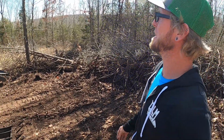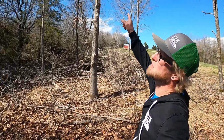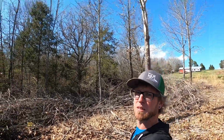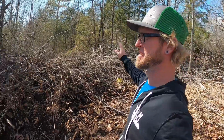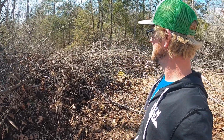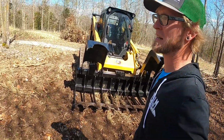But yeah, these little trees in here, I didn't want to have to burn around these, especially this one. For some reason, I just wanted to keep this one. Give you a better view of it. But yeah, a lot of this stuff's still going to come out. But I wanted to get in here and grab some. I really wanted to try this out. I mean, I just got it, so